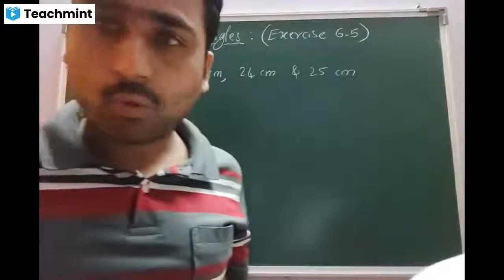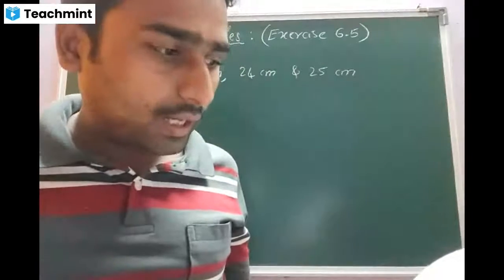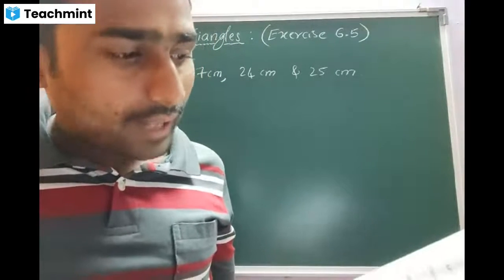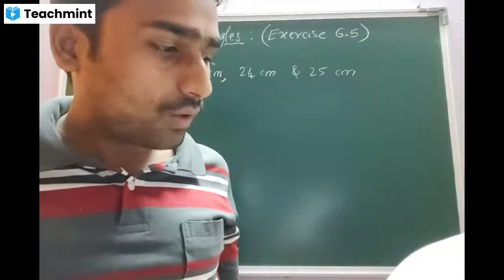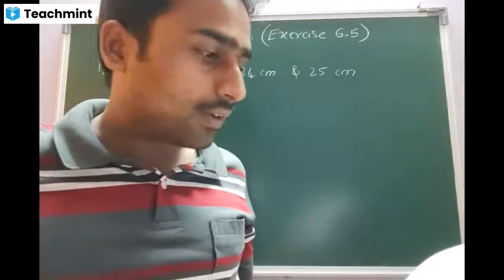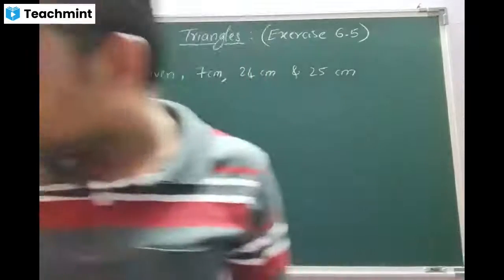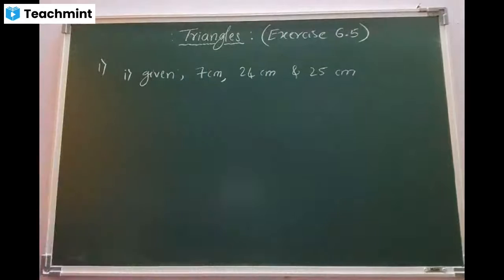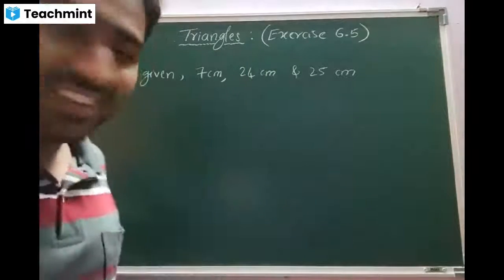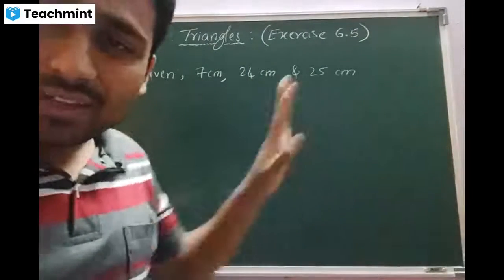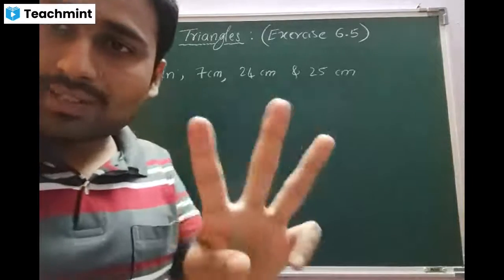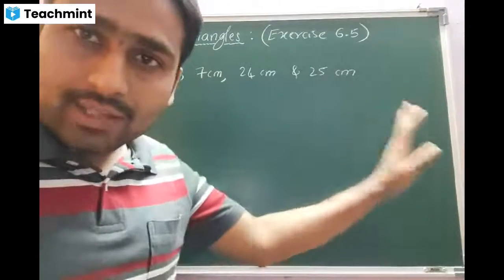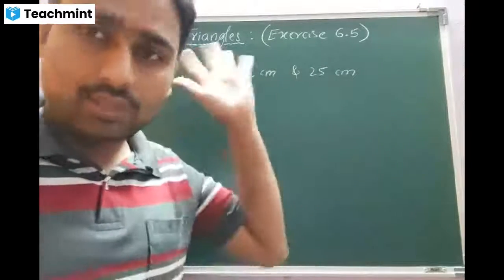First main of 6.5. Sides of a triangle are given below. Determine which of them are right triangles. In case of a right triangle, write the length of its hypotenuse. Is that clear? Yes, sir. Meaning of the question is, they are talking about any one triangle. The three measurements have been given, the measurements of three sides. Now we have to judge whether the triangle is a right triangle or not a right triangle. Got it, beta?